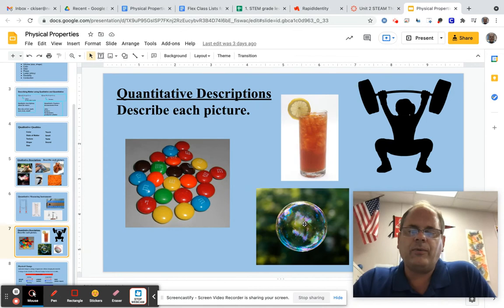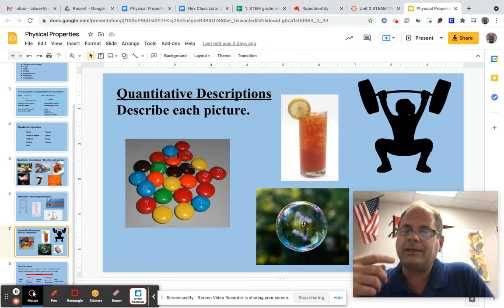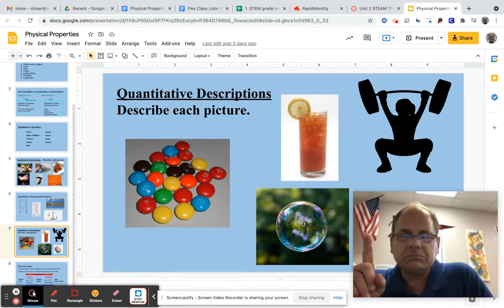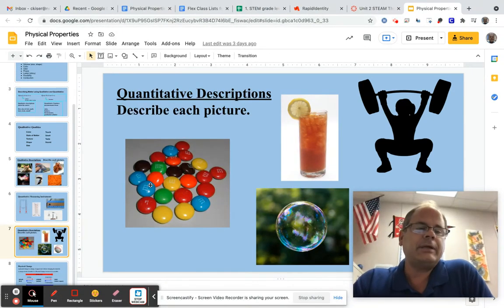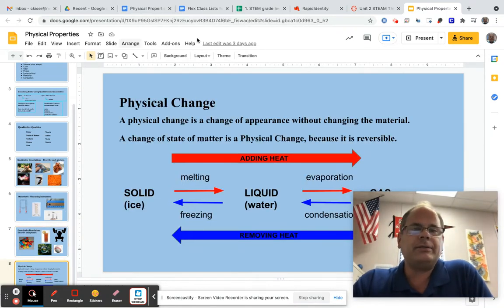All right. If I weighed the bubble, it would not weigh much. If I weighed the iced tea, it might weigh a little bit. I could say, oh, there's one lemon, that is a number. There are 30 pieces of ice in the tea, and there's one glass of tea. Okay. So I could use numbers to describe something. All right, so let me show you something else.